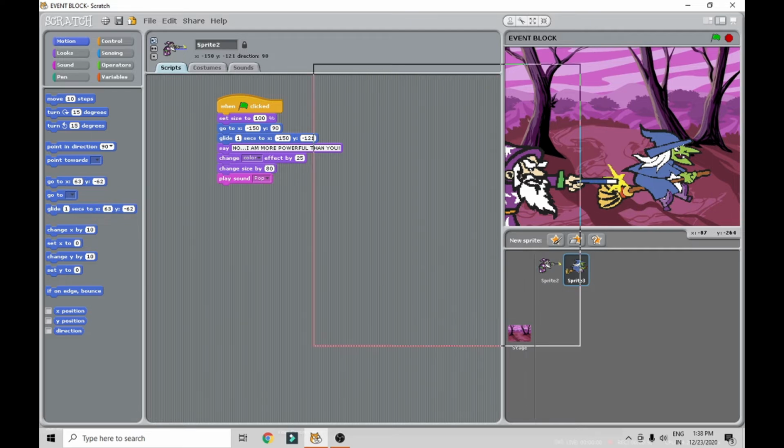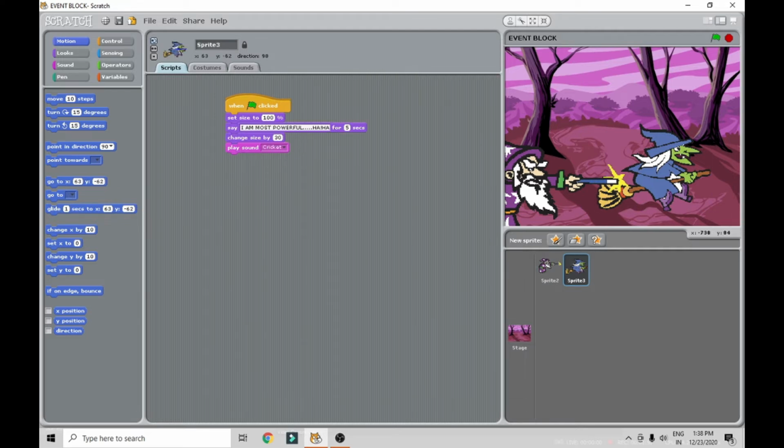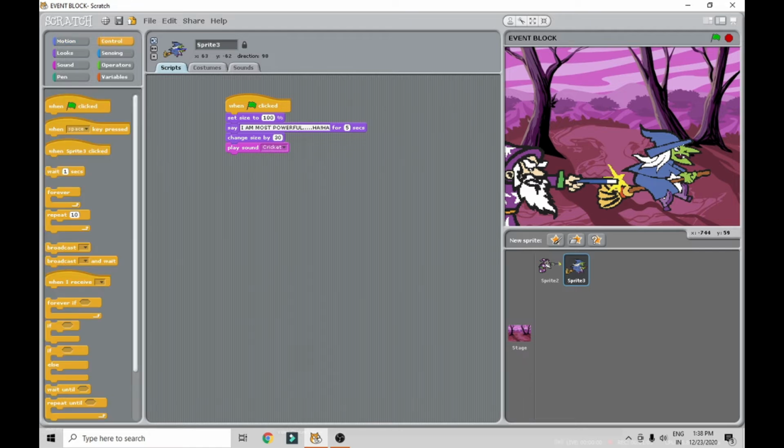Then in sprite 3, I wrote the code differently. First you go to control, then take the code when this flag is clicked. Again set size and say, change the size, which comes under the looks category. Then play sound, which comes under the sound category. This is for sprite 2.